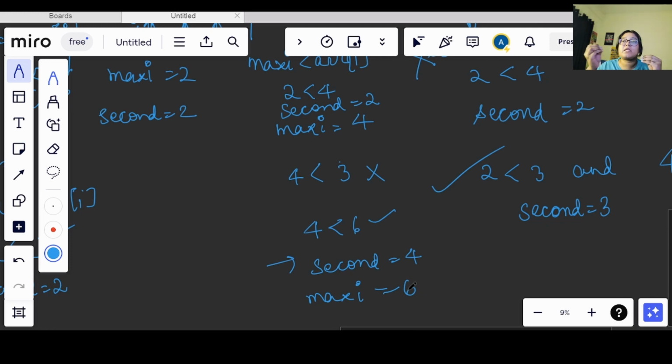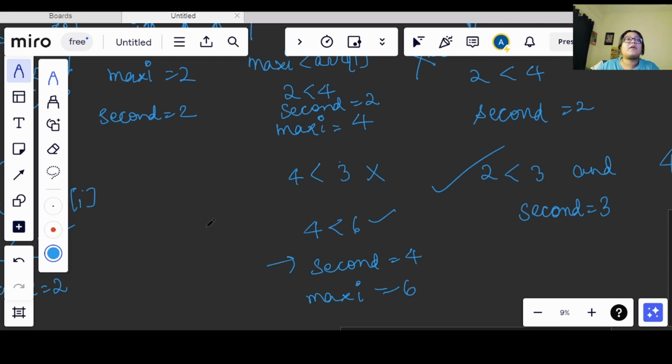The reason I am assigning maxi to second while checking the maximum value is because it is the most probable second largest value, because once I am updating my max, the value which was left behind was the second largest value, right?